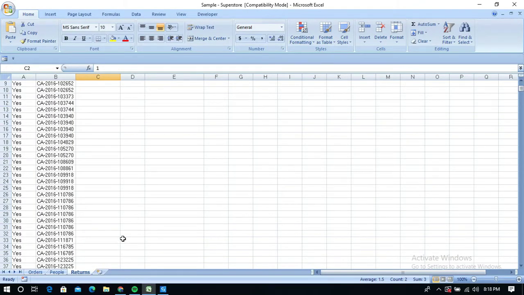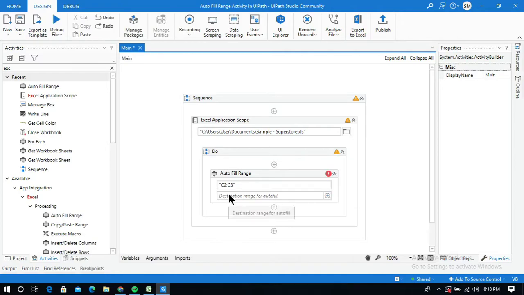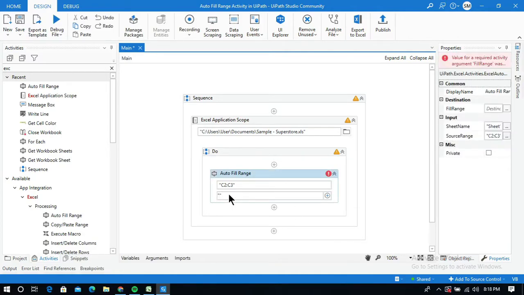If you want 30 customer IDs, you need to give 31, so from C2 to C31. This is the range we are going to give in the destination field. It is C2 to C32.